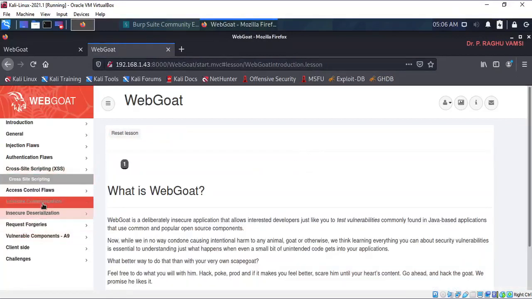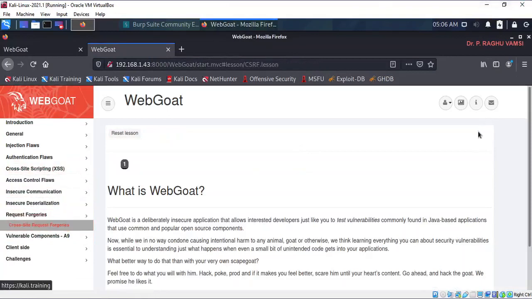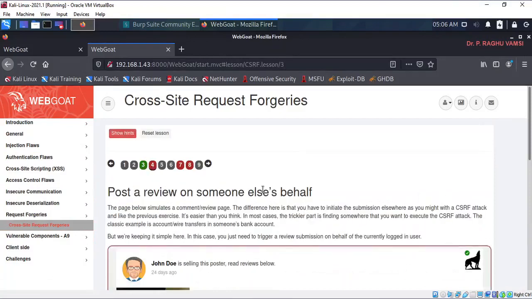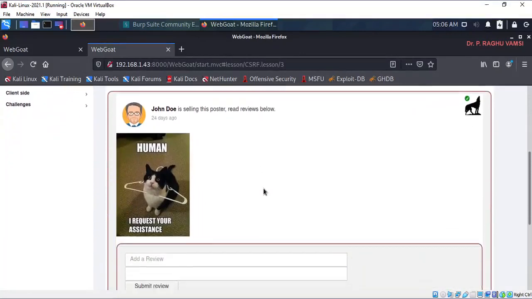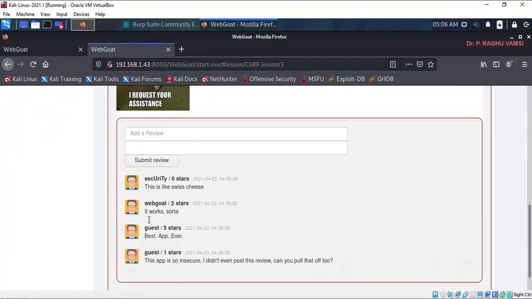Let me go to the request forgeries. In the cross-site request forgeries, we have seen posting something on behalf of some others. So here, post a review on behalf of someone else. Somebody has posted some values here.